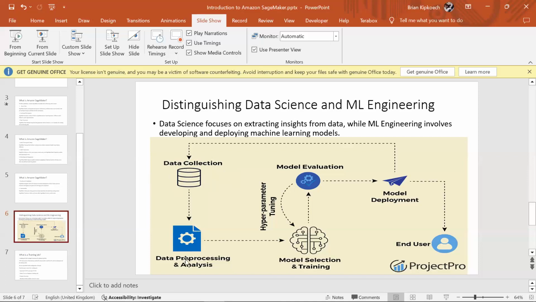The next step is data preprocessing and analysis. In this second step, you'll make sure that your data is consistent with what the model will need. Models don't work with missing values. They also don't work with text or words. So if you have any category that contains text, you have to encode it.